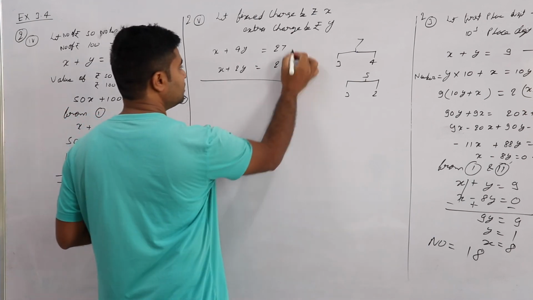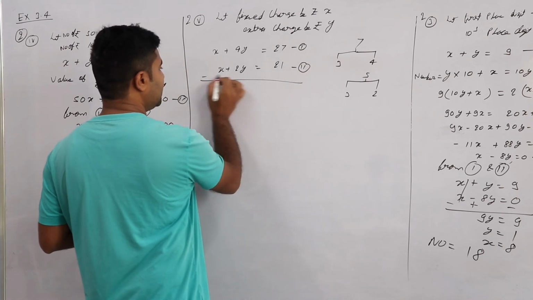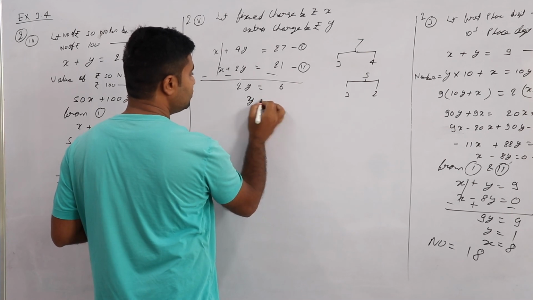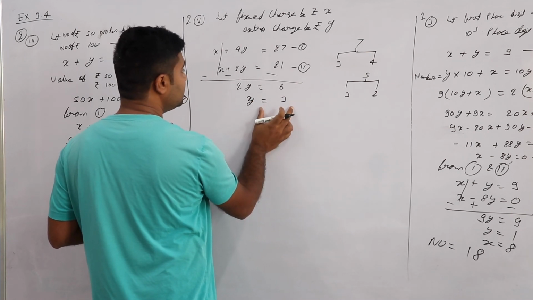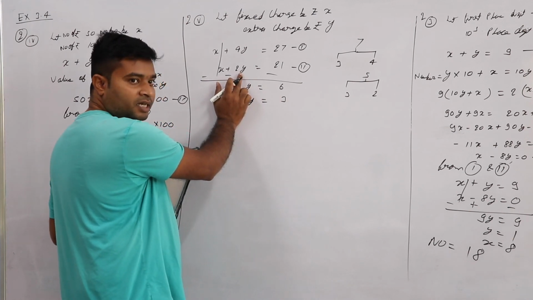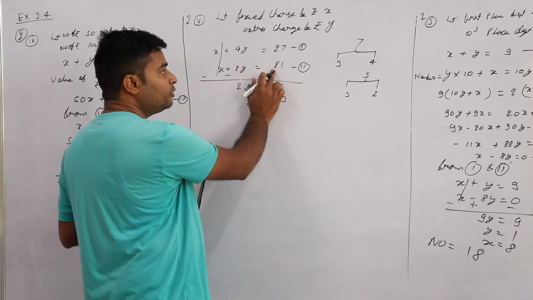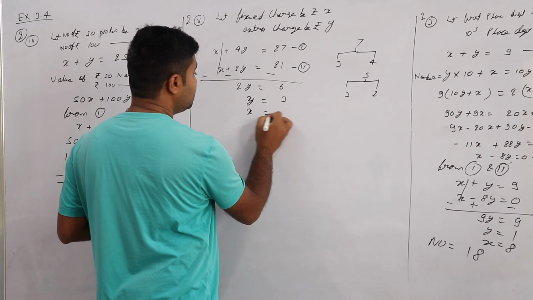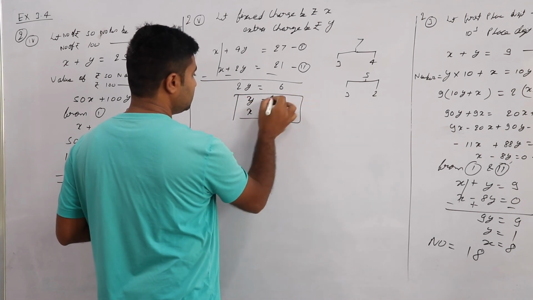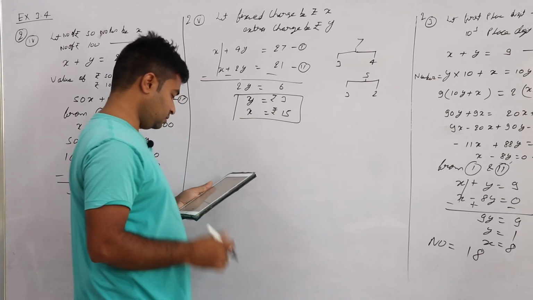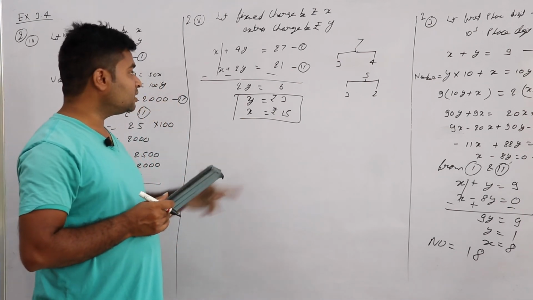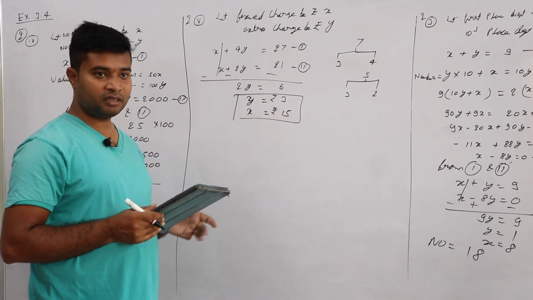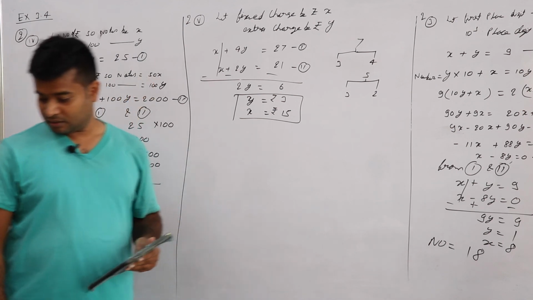Now simplify. This is equation 1, this is equation 2. Minus, minus, minus, cancel. 2y is equal to 6, so y is equal to 3. If y is equal to 3, 2y becomes 6, so 21 minus 6 is 15. So the per day charge is 3 rupees, and the charge for the first 3 days is 15 rupees. Done? Understood? So this exercise also